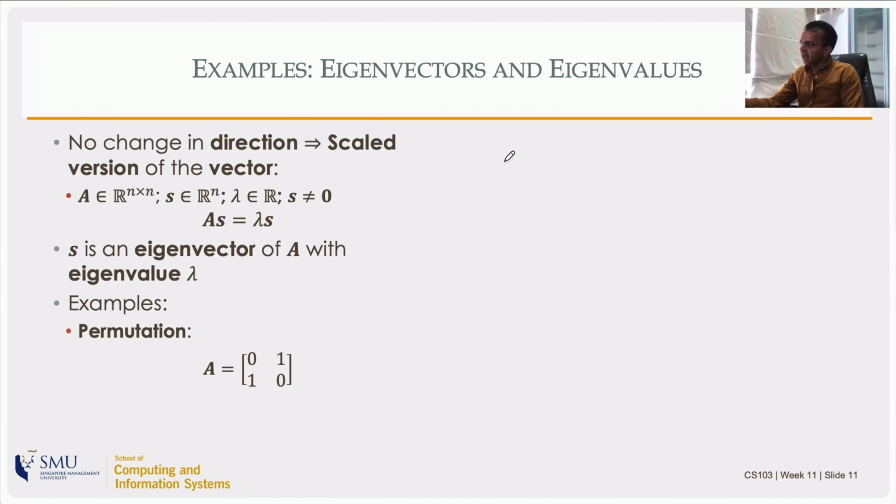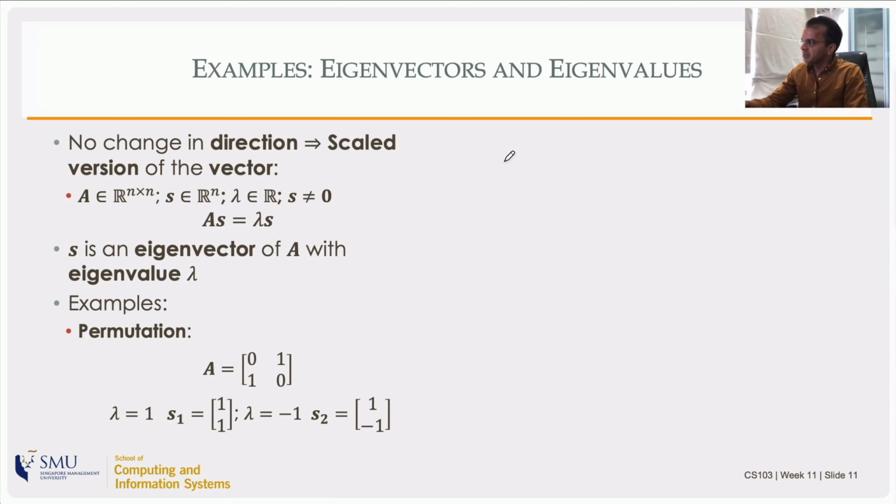Given that, can you think of a vector that will not change by the application of A? Obviously, if x and y are the same, 1 and 1, then what you're getting is going to be the same because it shuffles x and y, but they are both 1, so you get the same thing back. So that is an eigenvector of this matrix with the eigenvalue 1, because when you multiply, you get